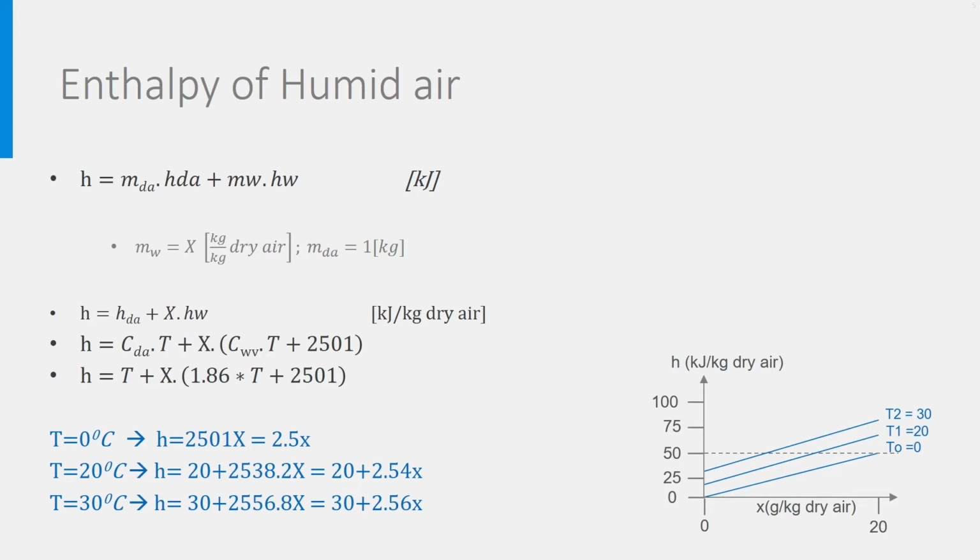In the Mollier diagram, the lines of constant enthalpy are plotted against the temperature and X. They are called isenthalpic lines. To give an example, if you want to know how the isenthalpic line H is 35 looks like, you can calculate it using the equation we have just studied. It leads to T is (H minus 2501 times X) divided by (1 plus 1.86 times X). So, for H is 35, the line in a TX diagram is as shown in the figure.